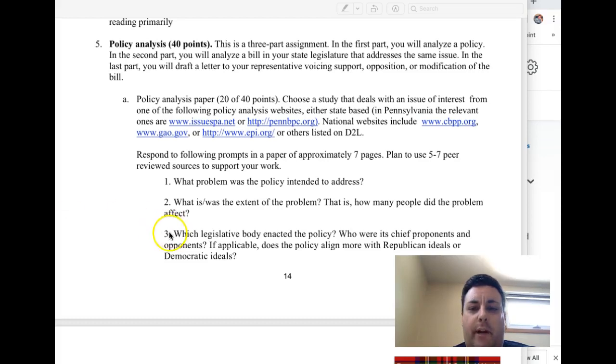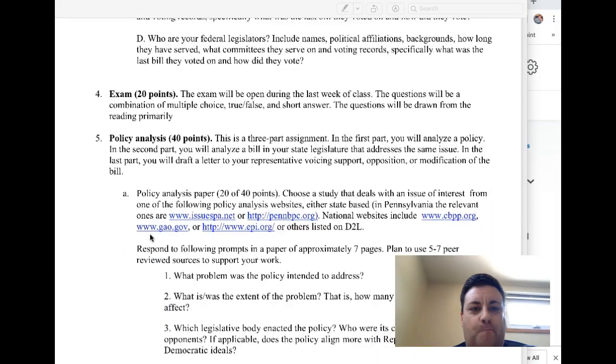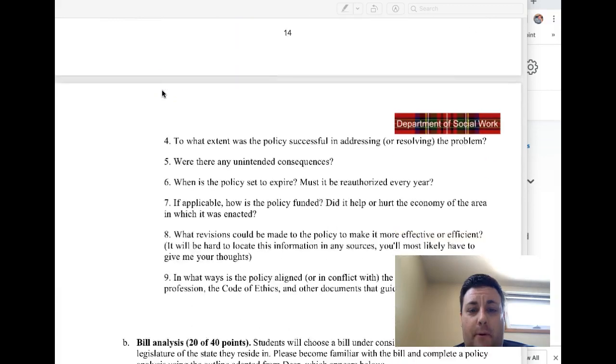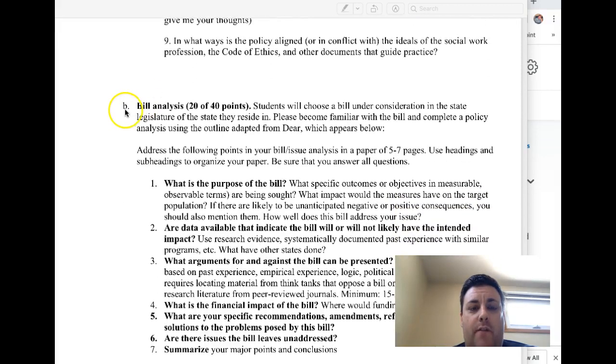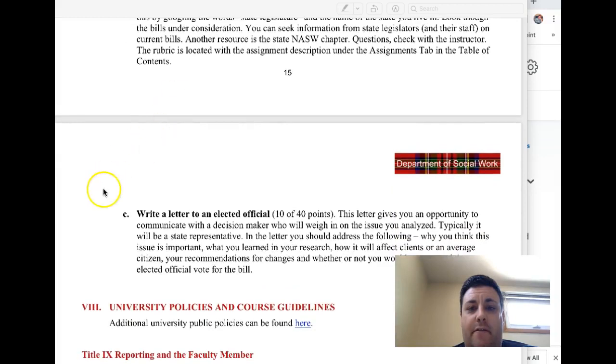So right here, I'm just looking at the syllabus. This is page 14. It's sort of in the list of assignments here, and it starts with 5. So assignment 5A is a policy analysis paper. Assignment 5B is an analysis of a bill that is under consideration. And then assignment 5C, which is at the top of page 16 and is actually the last in the list